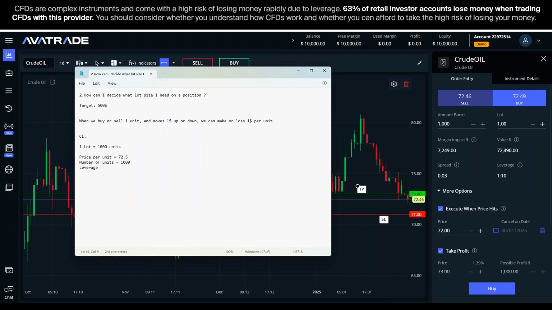We're only missing here leverage. So leverage is 1 to 10, and what leverage does is it multiplies buying and selling. And if we take the price per unit, and we multiply that by number of units, okay, so multiply, number of units equals value, right? And if we go value divided by leverage equals margin impact. Okay, and to avoid any confusion, I'm just gonna do it with you now. So we have 72.5 times 1,000 is